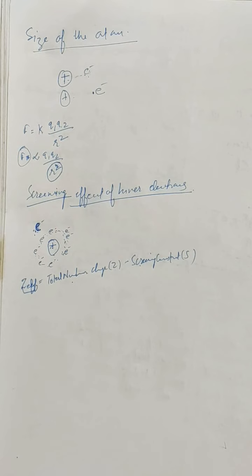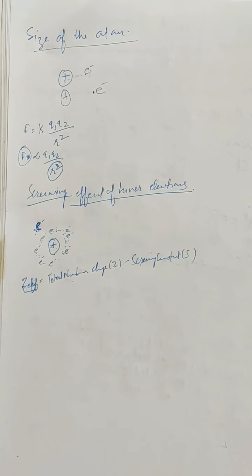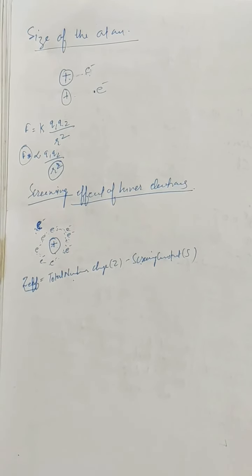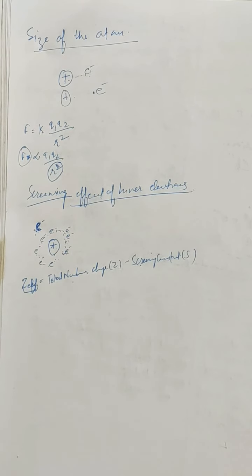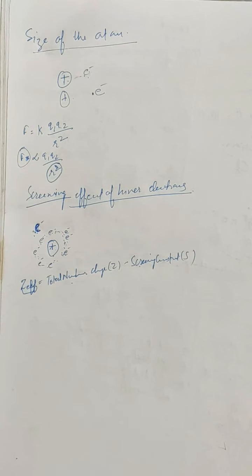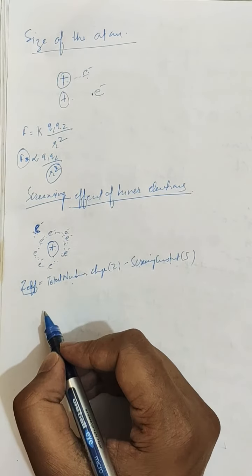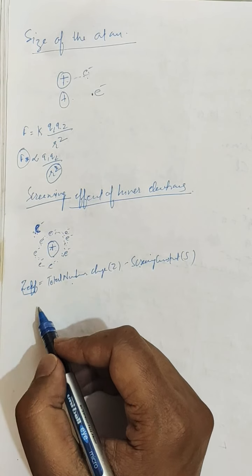Further, the penetration effect of the electrons. Penetration means, it is well known that in multi-electron atoms, the electrons in the s orbital have maximum probability of being found near the nucleus, and the probability goes on decreasing in the case of p, d and f orbitals. In other words, s electrons are the most penetrating toward the nucleus, then p electrons, and the penetration power decreases in the shell. So the penetration effect means the penetration of the electron cloud.